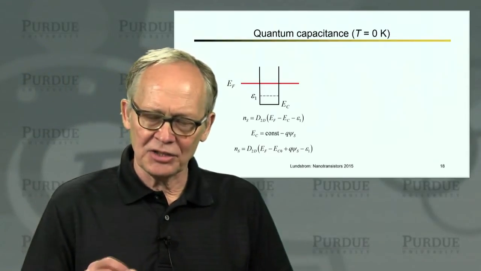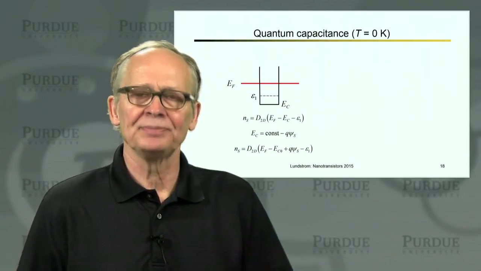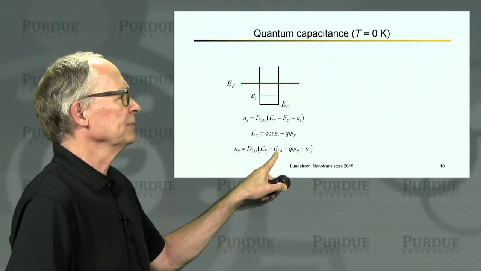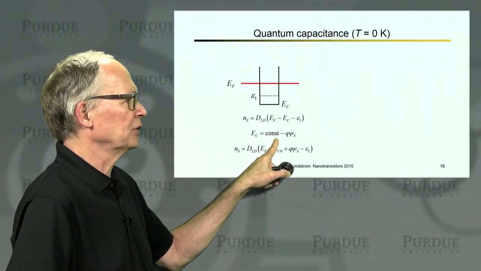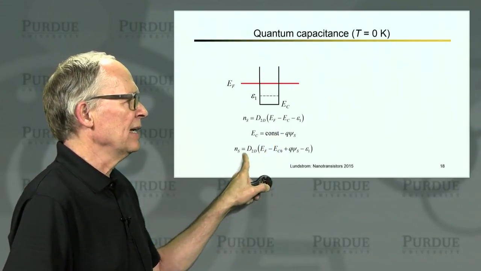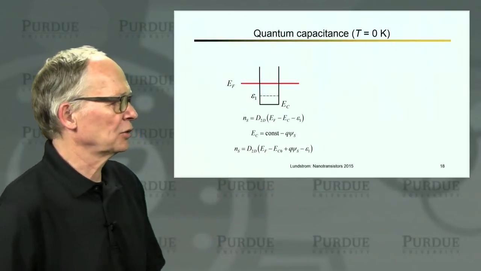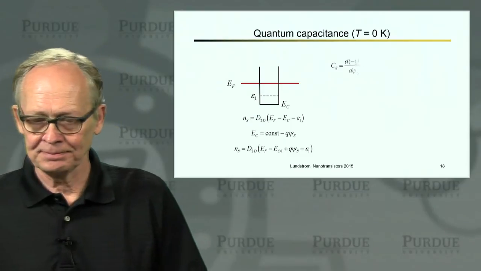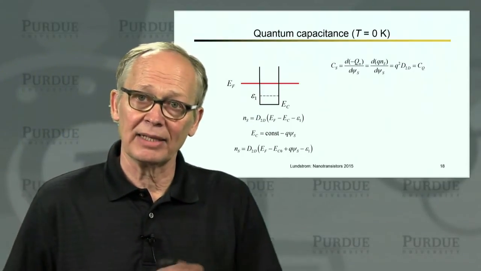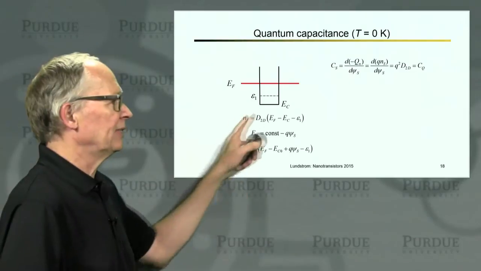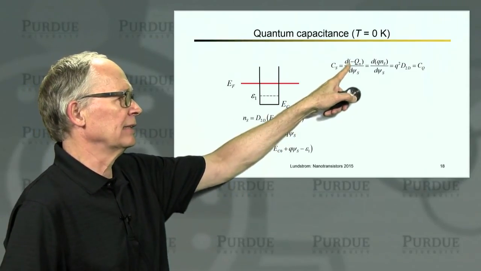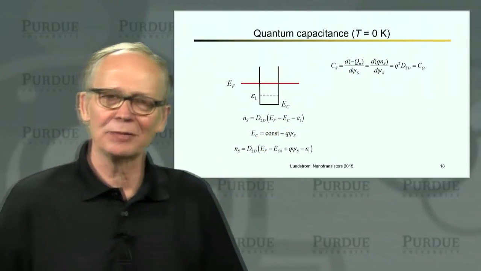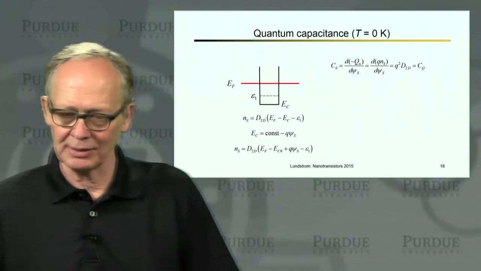Remember that the conduction band now is just going to drop as I apply a positive gate potential. So I can write my conduction band this way. I can use that in the first expression, and I can relate the electron density in this quantum well at T equals 0 Kelvin to the potential in the semiconductor. Okay, now I can say, what is the semiconductor capacitance? By definition, the semiconductor capacitance is always the derivative of charge with respect to potential. There's a minus sign there because the charge is negative and I need to get a positive capacitance.